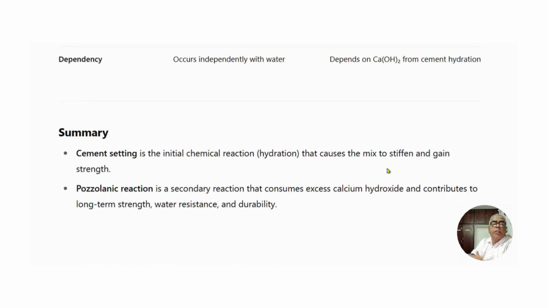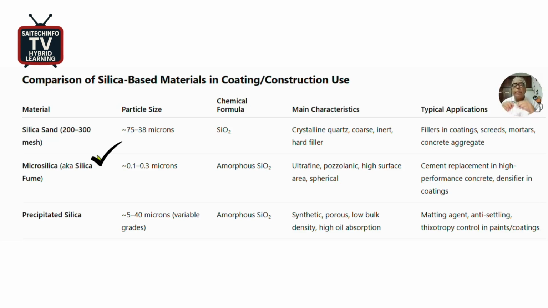So let me summarize this part because this pozzolanic reaction is very important. Cement setting is the initial chemical reaction. It's only hydration, and that causes the mixture to stiffen in order to gain strength. Whereas a pozzolanic reaction is a secondary reaction that consumes excess calcium hydroxide and contributes to long-term strength, and it gives you very good water resistance and durability. Then it is a very good cement replacement in high performance concrete